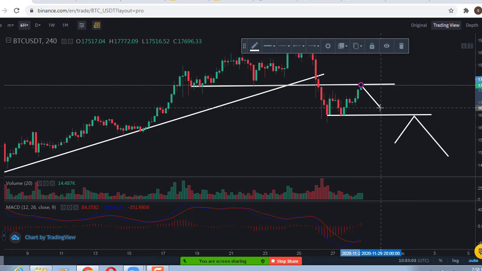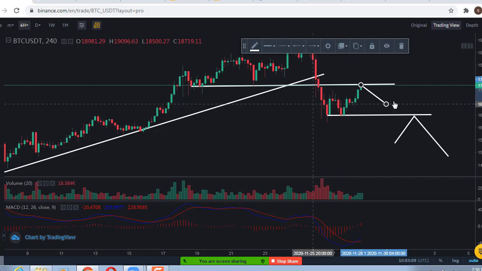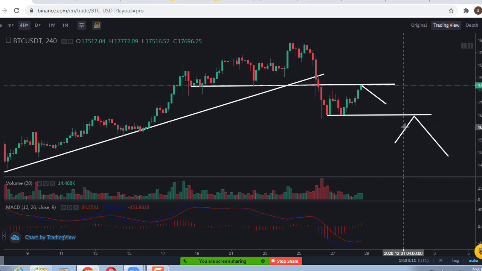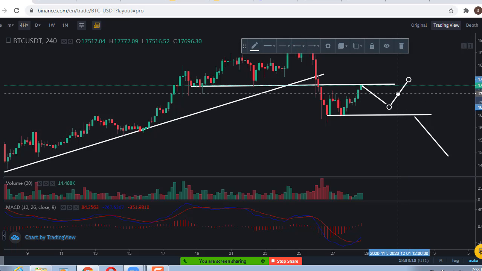But if you have a fair swing in this case, what you should expect, since it does not meet this very level, is that you will see a move to the upside. And then you have